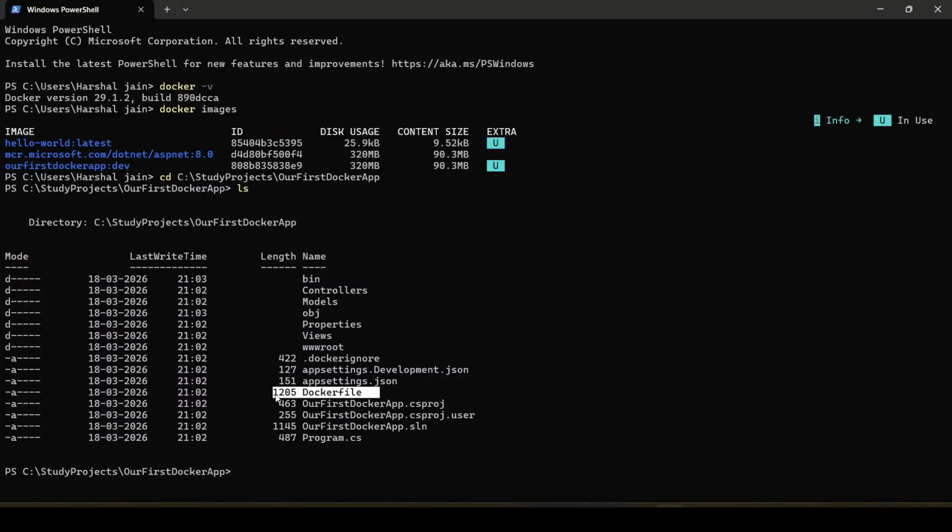Now if you remember, from this Docker file we build our Docker image, and when we run that Docker image, the container starts running, that is our application starts running, right? So again here we have the Docker file. Now to create a Docker image from this Docker file,